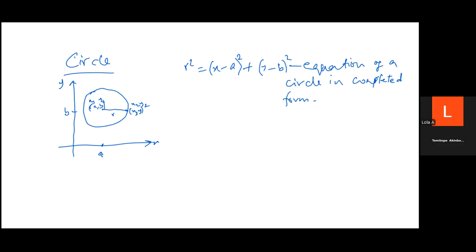Yes, sir. Okay, so draw a diagram and write that. Then we will now see the equation of a circle in expanded form. So you can equivalently write this as x minus a squared plus y minus b squared equals r squared. So where